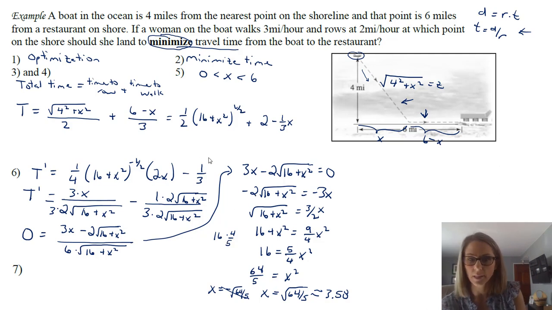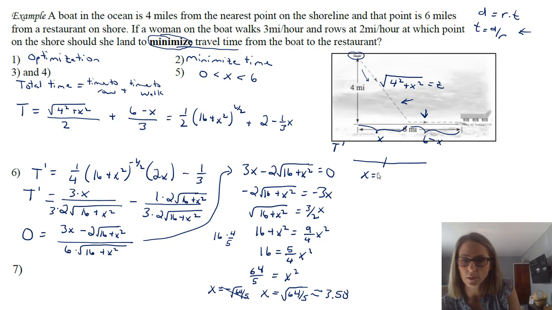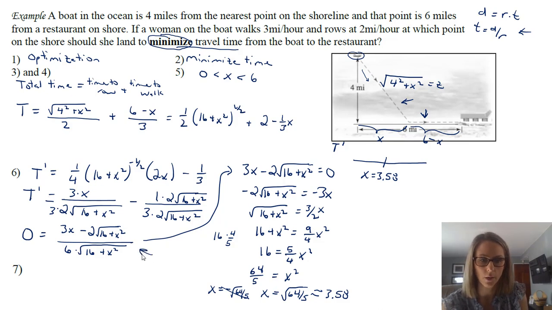So we can also check it. So obviously that can be kind of a hard thing to think about sometimes, but the idea would just be if you were to plug this back into the derivative, so I might actually do it right here. My denominator is always going to be positive. If I pick a value like 1, my numerator is going to be 3 times 1 minus 2 times the square root of 17. So that's going to be 2 times a little bit more than 4, which is 8. So when I subtract those, I'm going to have a negative.